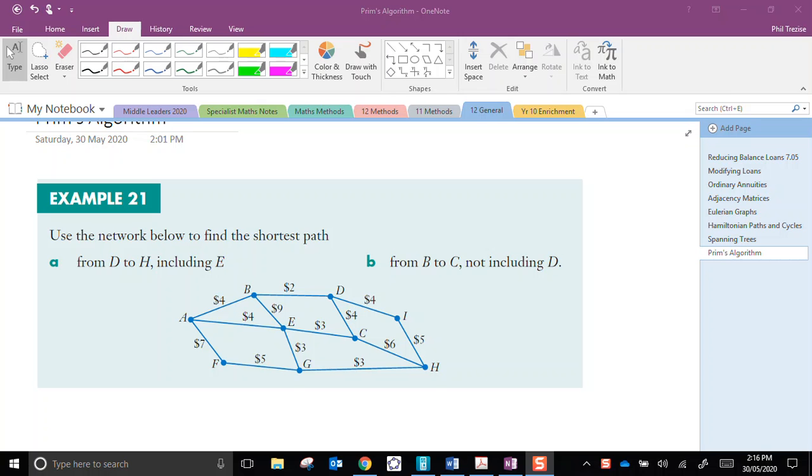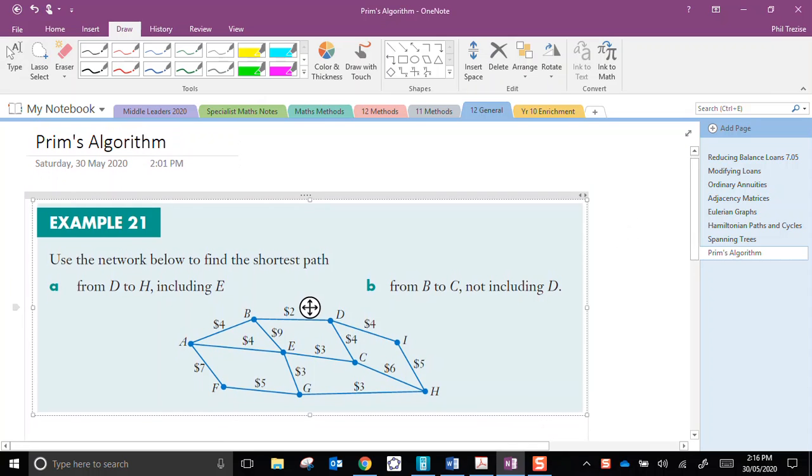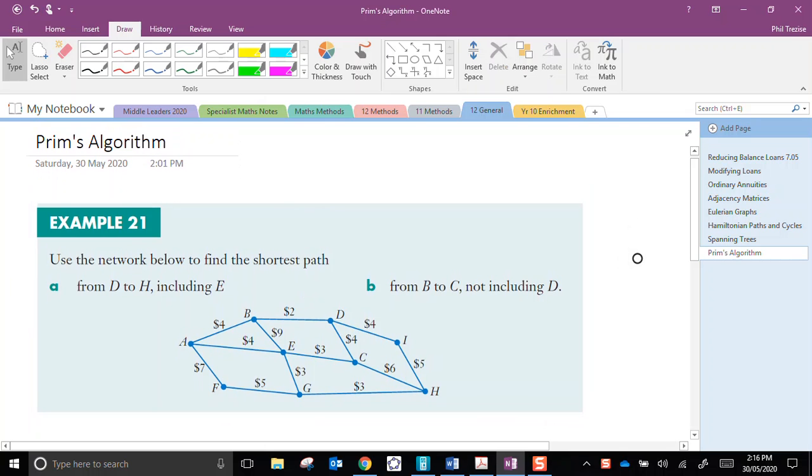Hello everyone. This lesson is about Prim's algorithm. So this is a method that we use in order to find the shortest path between vertices. Now in our first example, we're just looking at this network and we want to find the shortest path between